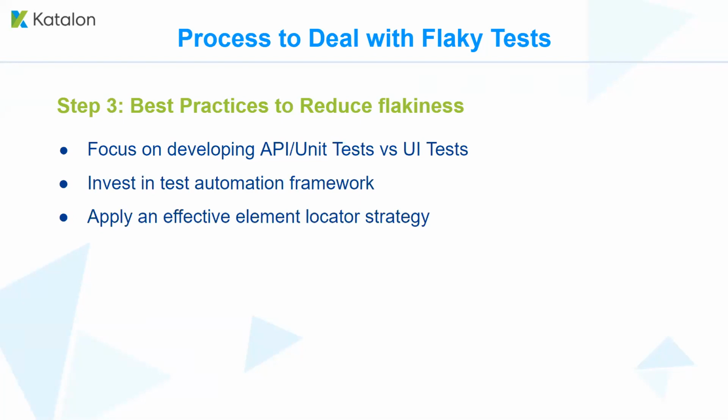So try to focus more on developing API and unit tests. You still need UI end-to-end tests, but the percentage should be less compared to API. I'm going to show you this test pyramid model that you want to adopt